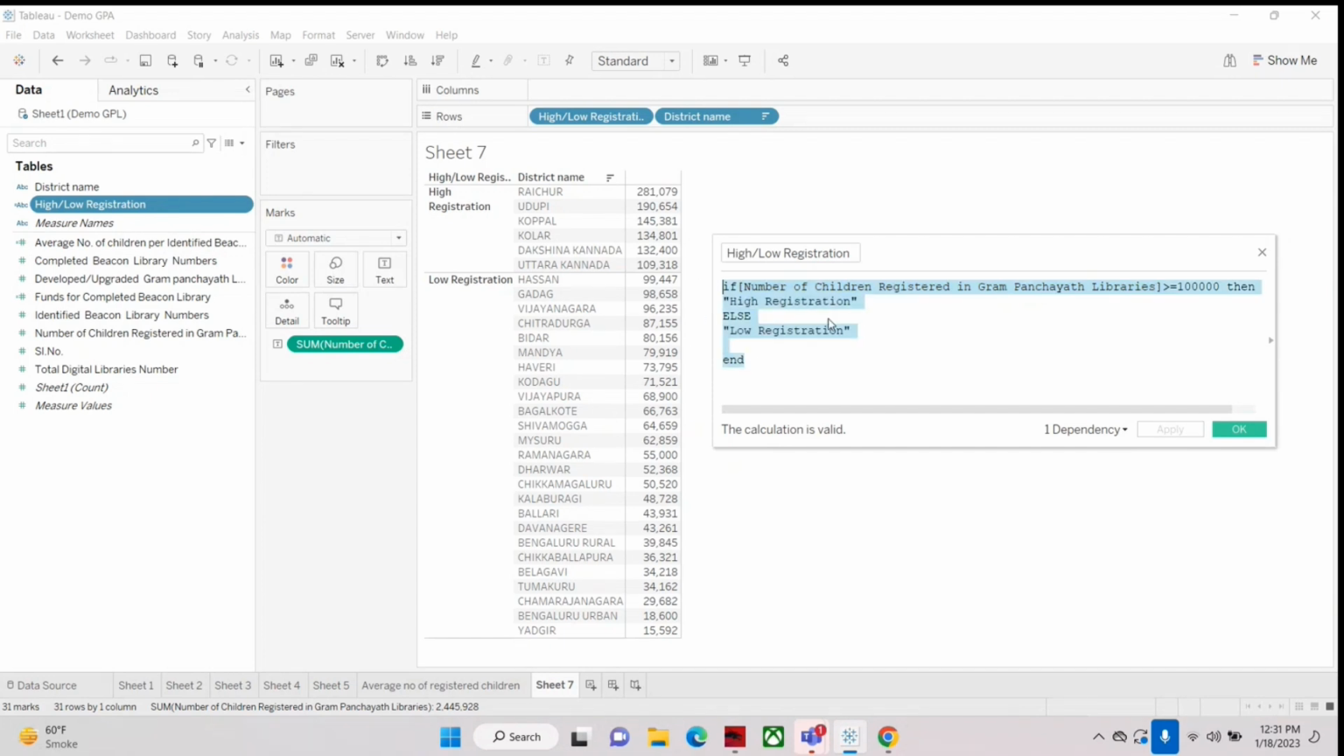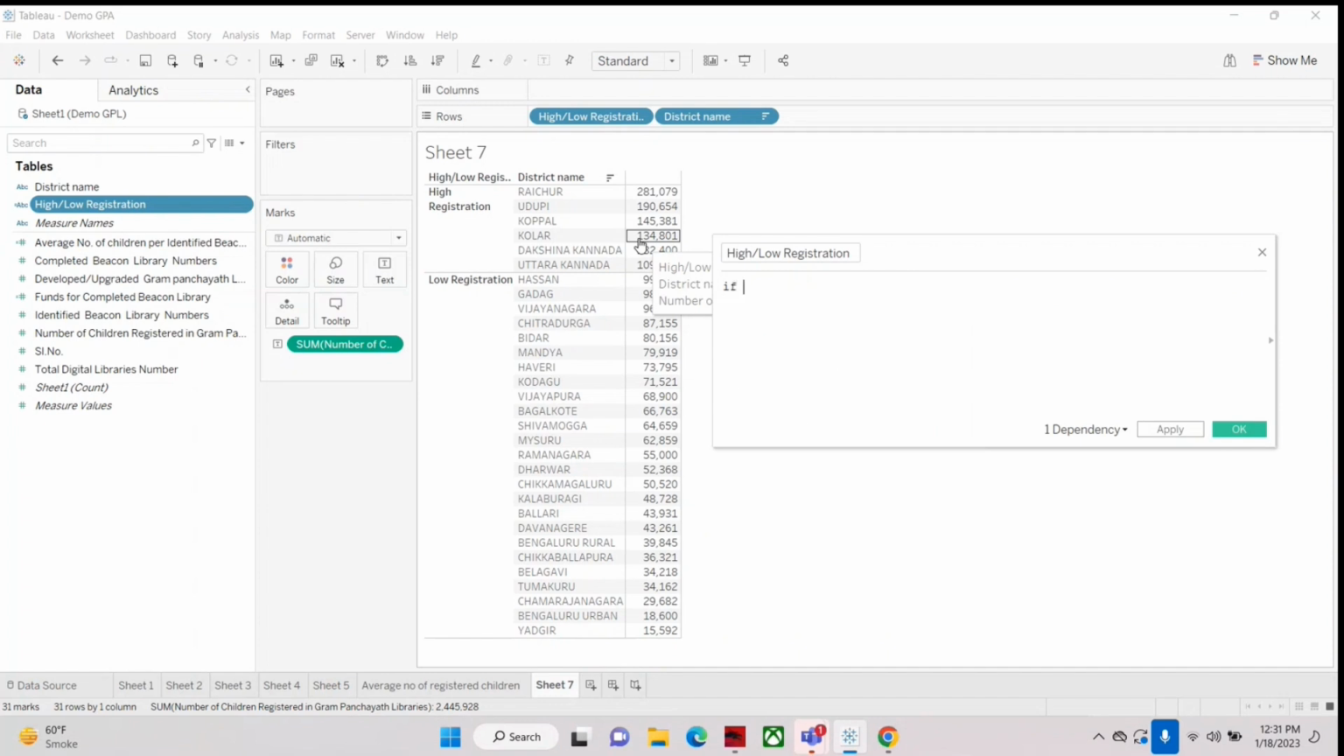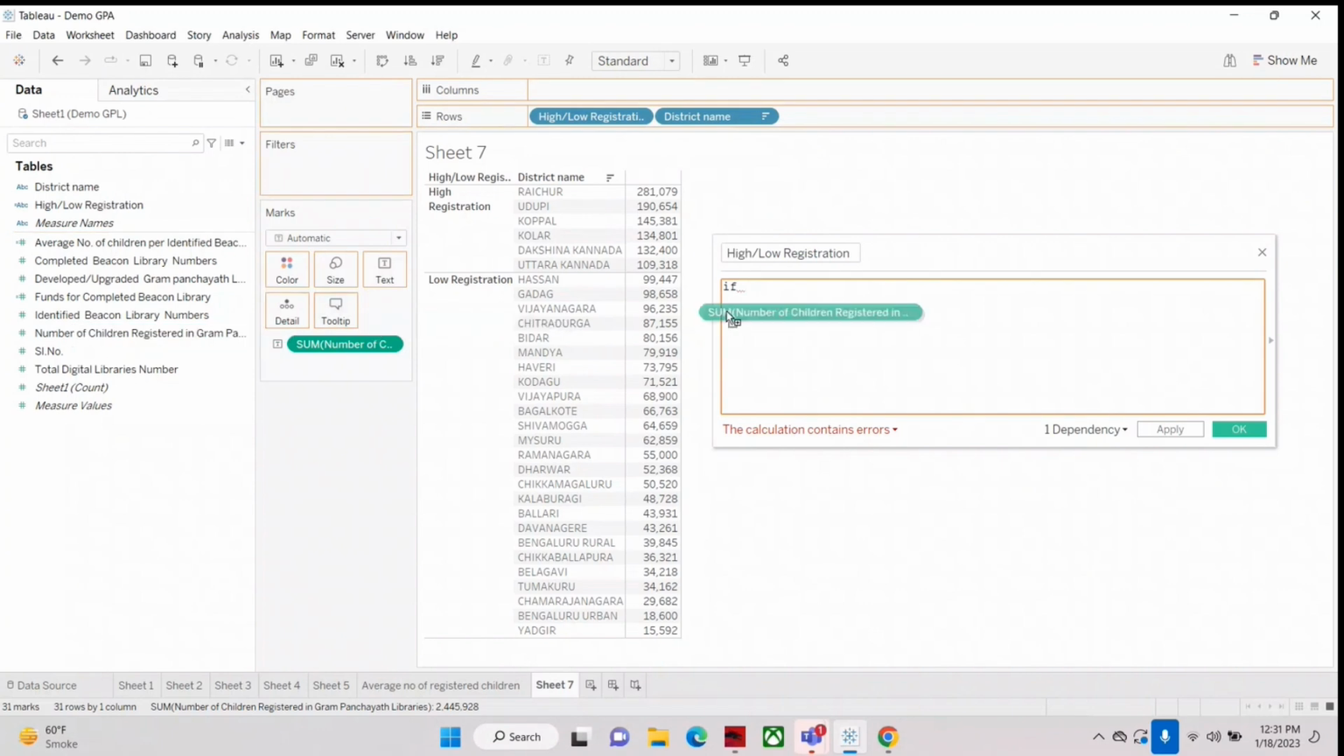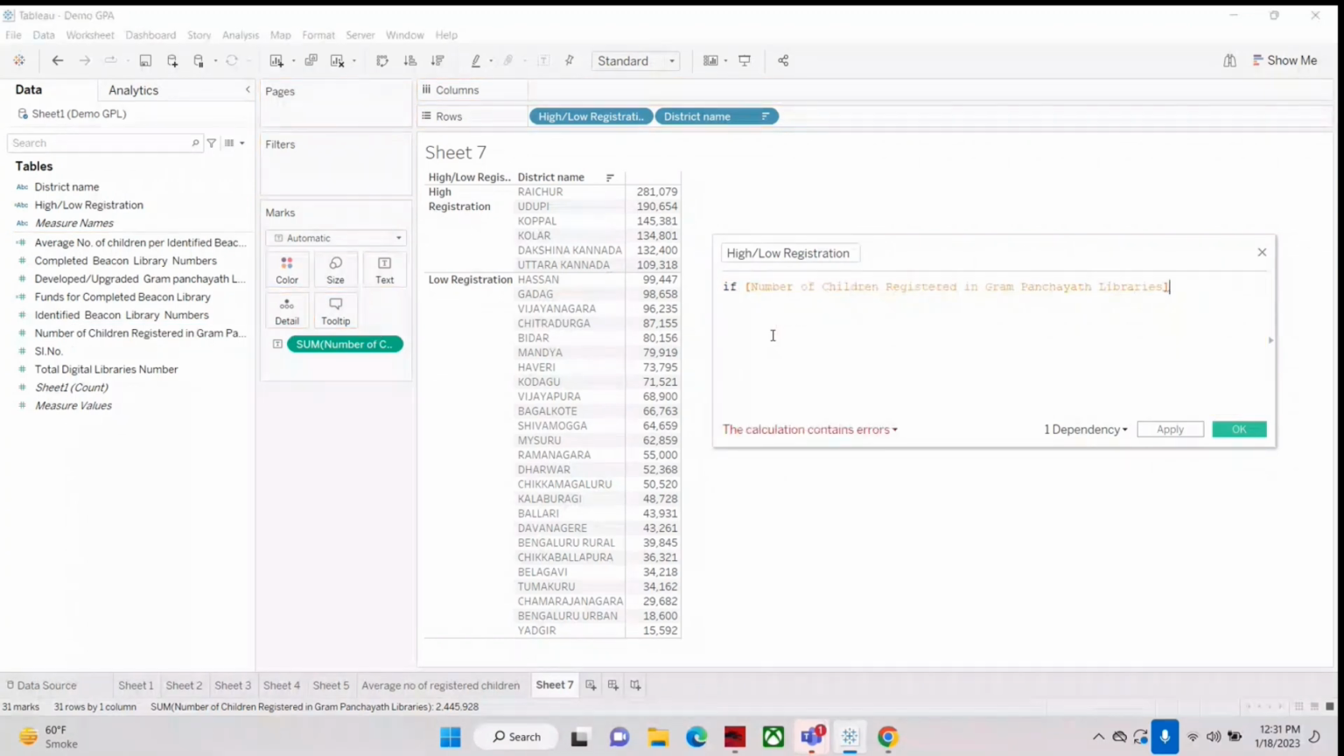Simply write as it is. Let me write once again. We have to write if, then we have to give the condition, like what is the field taken? This is number of children. We can take any field, but for simplicity purpose, we are taking number of children. And what is the condition? If it is greater than or equal to, say, 1 lakh,